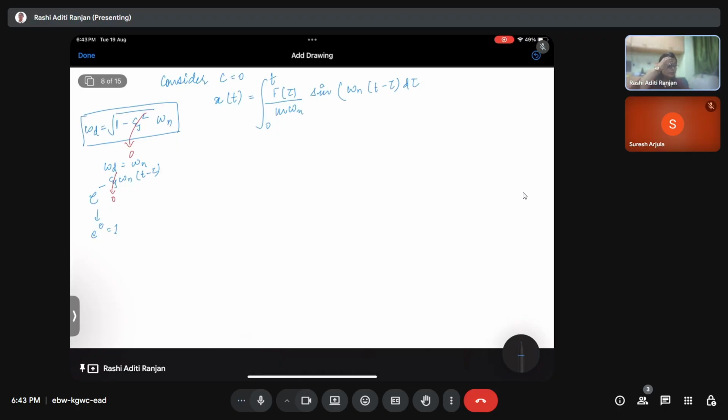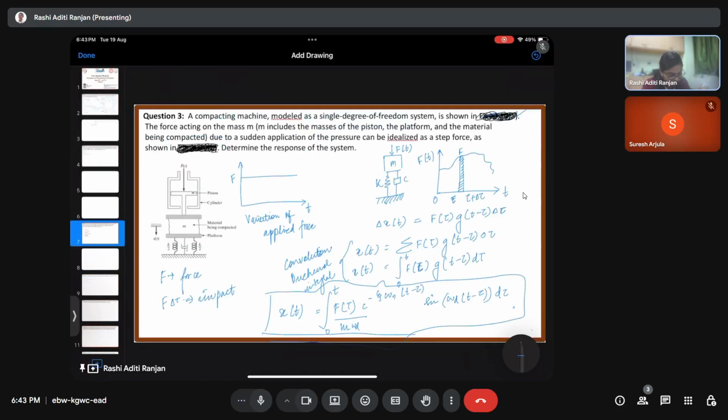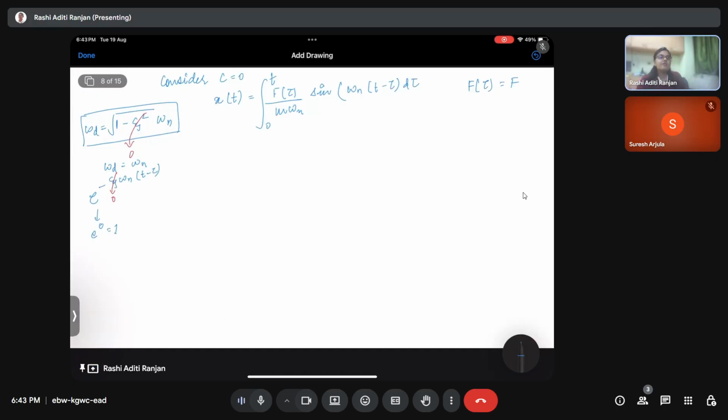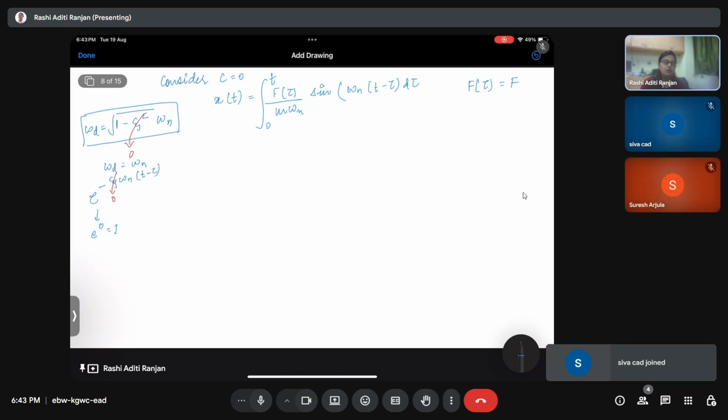Now, when I integrate this, firstly, f of tau is nothing but f. Right over here we have the force as f, and it is not changing with respect to time. We have derived the system such that f could be a function of time, but here f is not changing with respect to time. It is treated as a constant. So we are going to write it as f by m omega n, integration from 0 to t of sine of omega n (t minus tau)